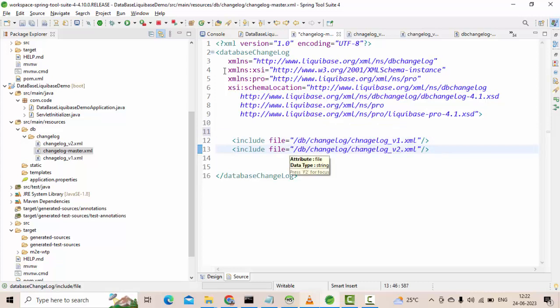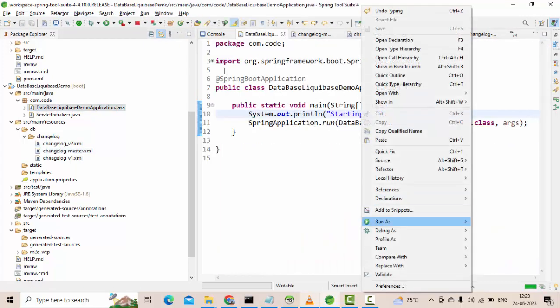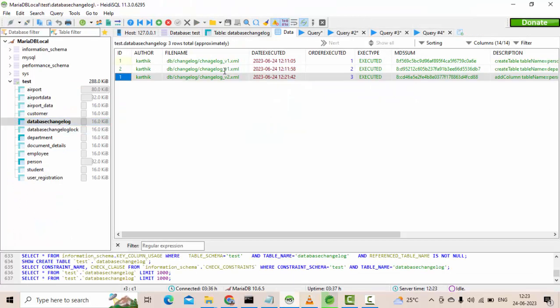Now if I execute one more time, nothing is going to execute because all of them are already presented, right? All of them are already executed. It's presented in the DB changelog table, right? Cool. That I want to show again. Cool. But if you manually delete,